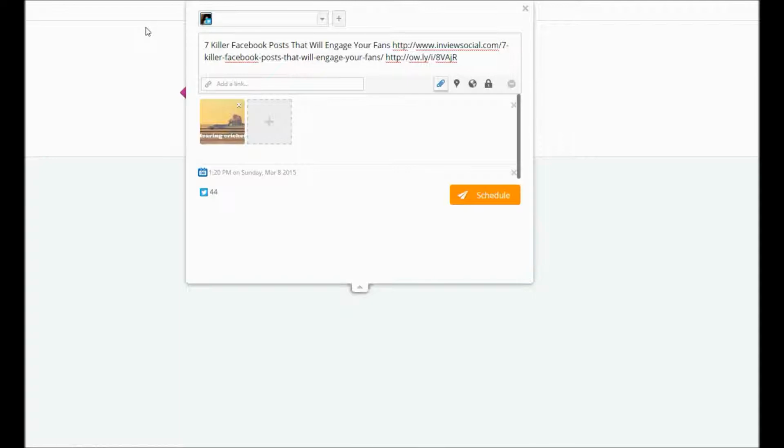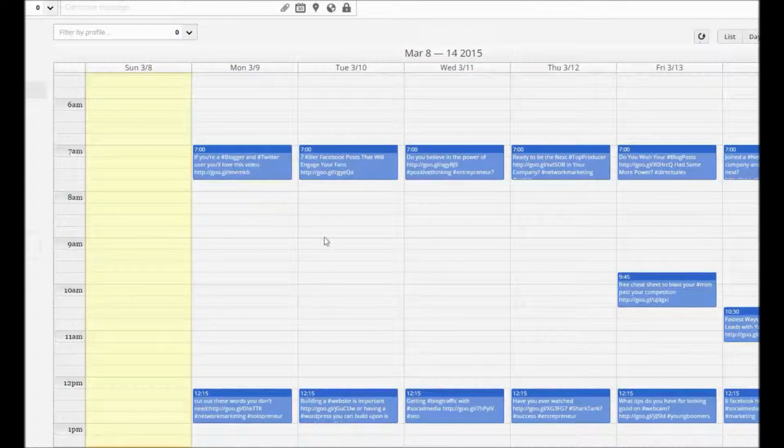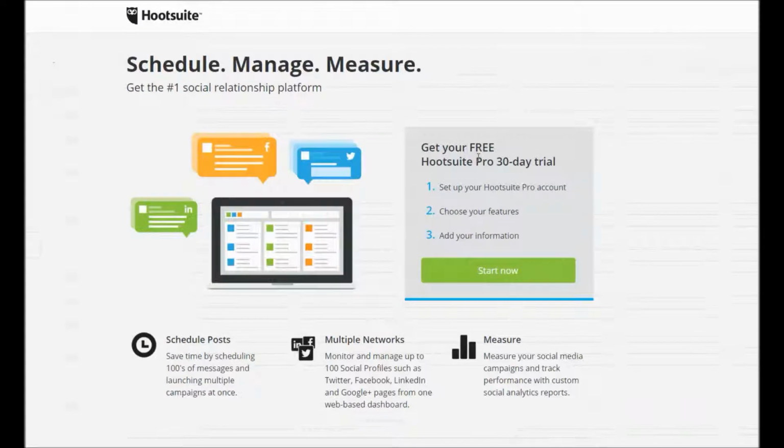After you do your first tweet on the blog post, you want to use something called Hootsuite. Now, they have a free version, and this is the pro version, and I believe you can get a free Hootsuite Pro 30-day trial, and you can find that at